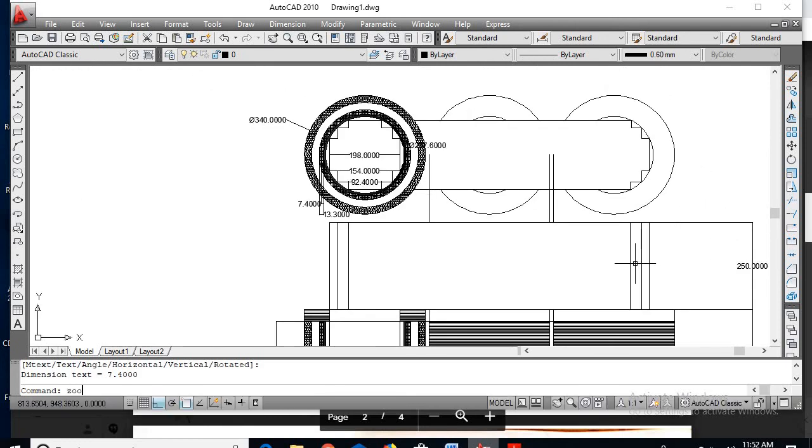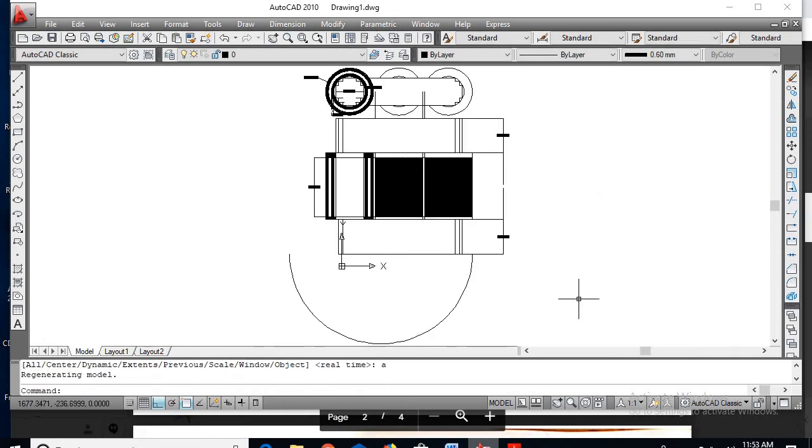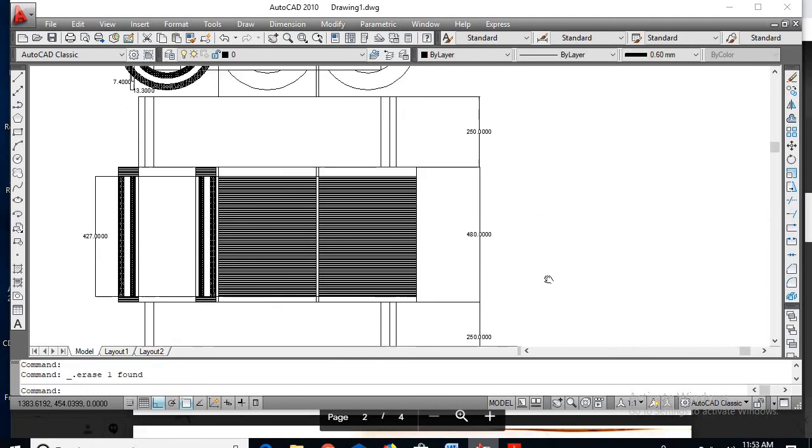So zoom, enter, enter. Zoom, enter, enter. So this is how it will be looking.